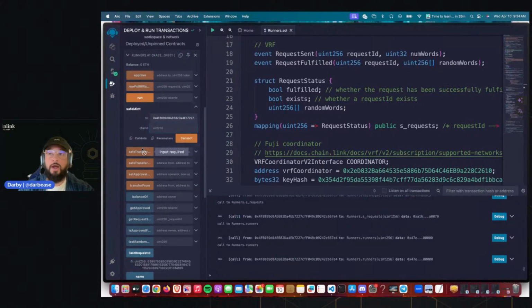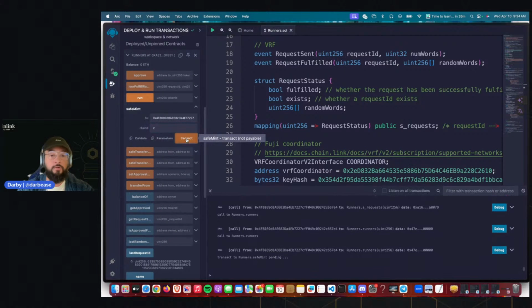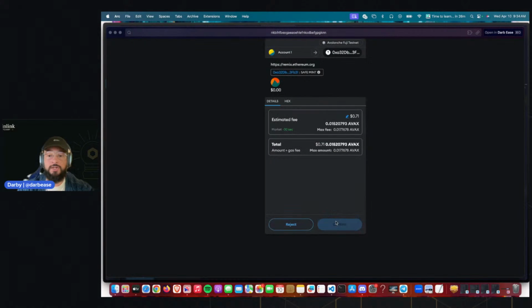And then character ID. Now I can choose which one I want. And I think an elf versus an orc is a good battle. I used to like Lord of the Rings, so I'm going to go with 2 because I want my second character to be an orc. Going to transact, confirm the transaction,